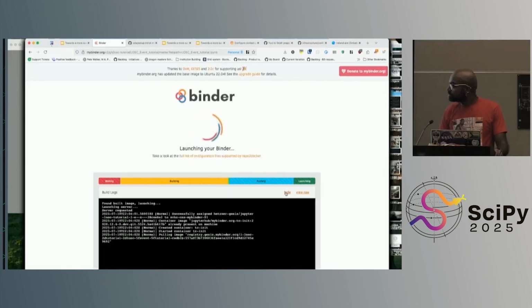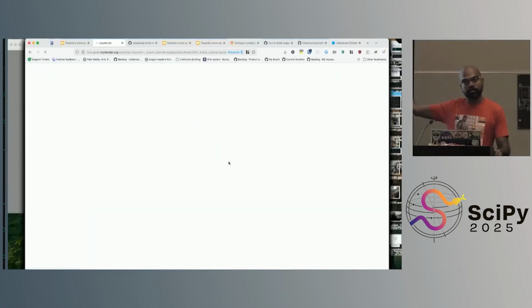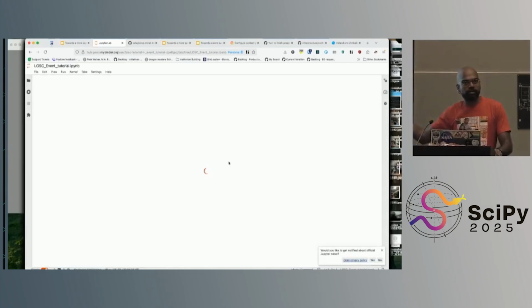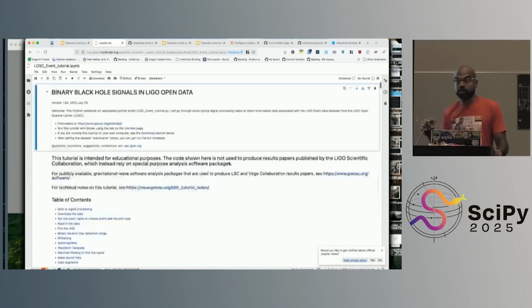You may notice that this looks slightly prettier because we have a new UI, but this is just me stalling as this thing launches, right? Because it has reproduced the environment. It's already built the Conda package and everything, and set this up. In Angus's talk earlier, he was just like, never use MyBinder in a live demo, which is very fair for the last few years, but I want to show that this has actually gotten better. I can use MyBinder in my live demo, and so did he, and it worked out okay.